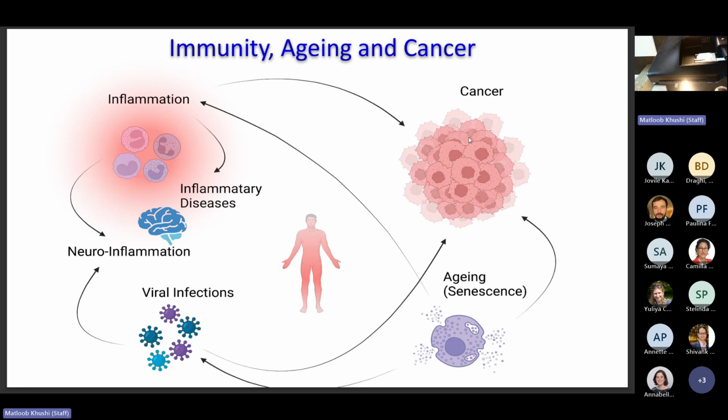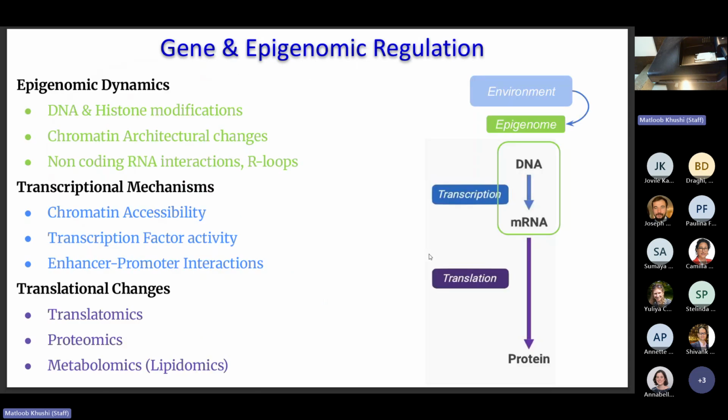So my lab works on inflammation, cancer, and aging. And we do a little bit of metabolic diseases as well. And we are primarily a computational biology lab. Underlying all these diseases, our focus is to understand the rules governing gene and epigenome regulation. And so we work across different cellular processes. So we look at lots of different epigenomic dynamic processes, all these things in the green.